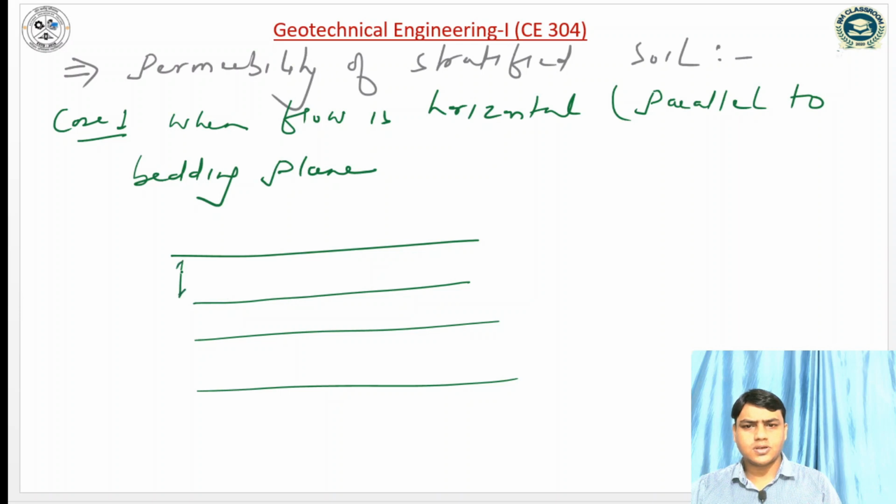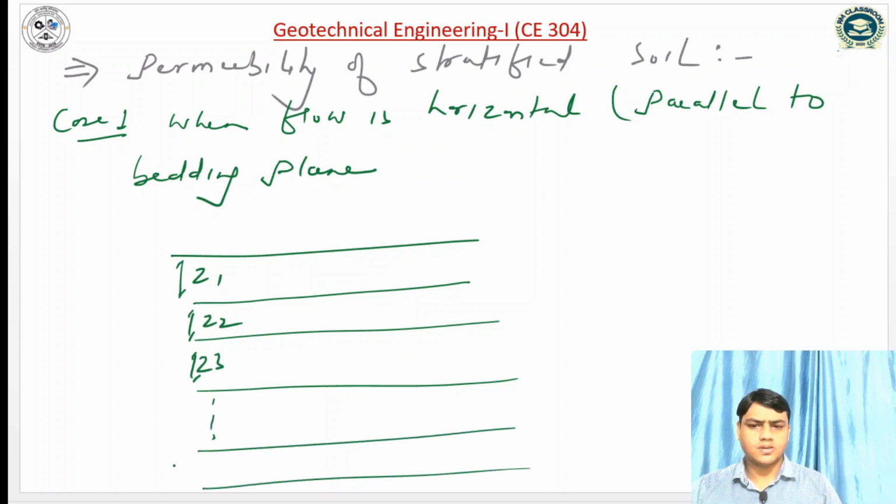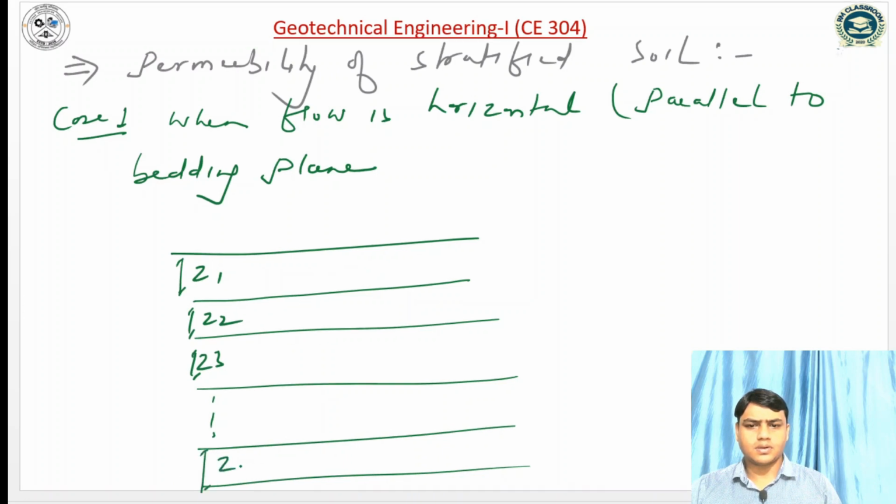Let us assume this is Z1, Z2, Z3, so on and so forth, and this is Zn, and the flow is like that. This is Q, and the layers have coefficients of permeability K1, K2, K3, so on and so forth, Kn. So the flow will be, we can see that